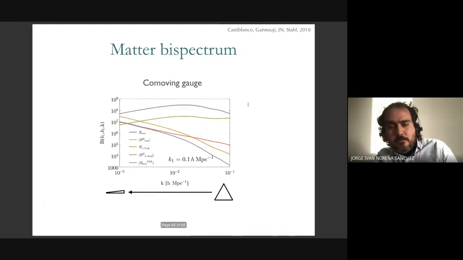I'm just citing the papers that I'm more familiar with. Now, what do we get? I'm going to talk about comoving gauge because we actually get the smallest effect in comoving gauge. Of course, this is the bispectrum for the matter density contrast, so it's a gauge-dependent quantity. I'm going to show you the results in comoving gauge, which are actually the smallest effect, but it's still relevant in this gauge. So just to estimate the order of magnitude that we are talking about, whether it makes sense to go on with this or not.